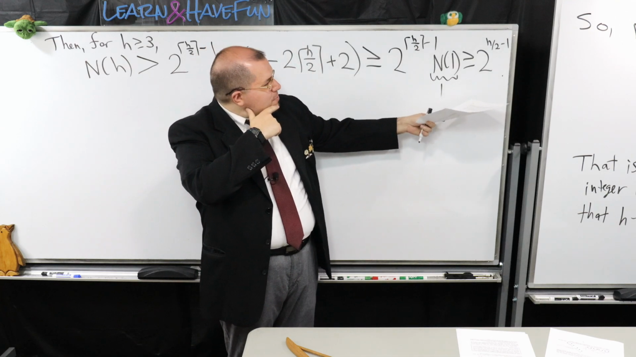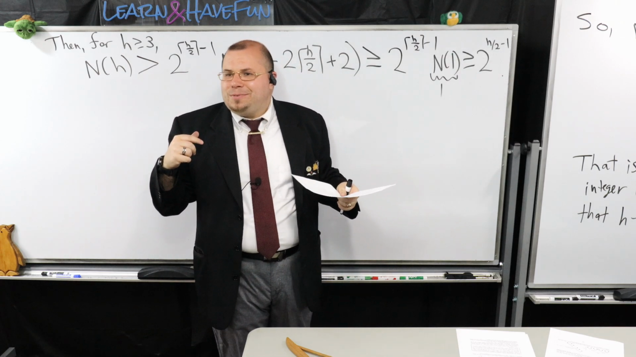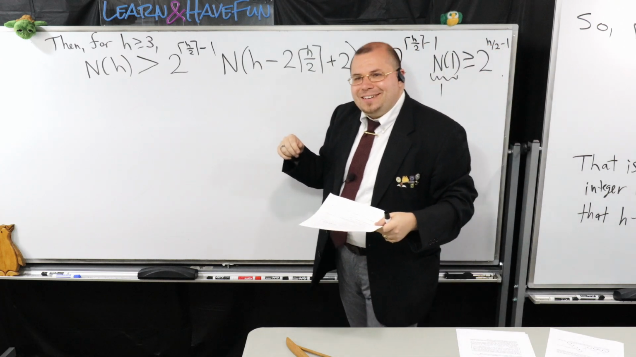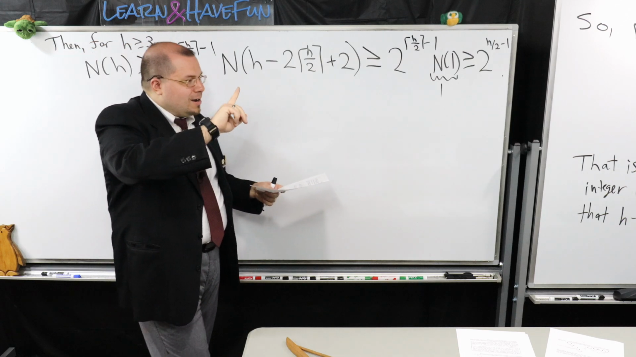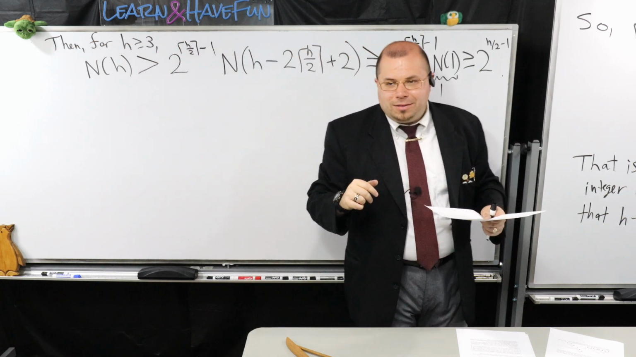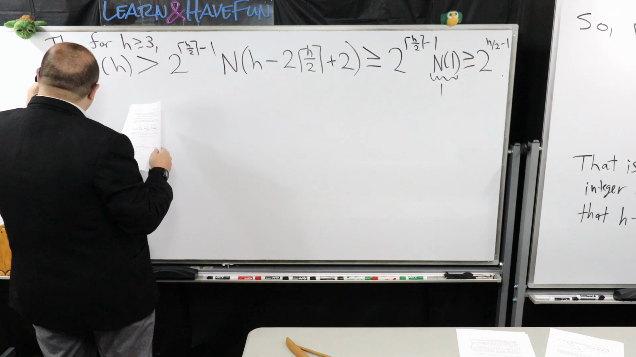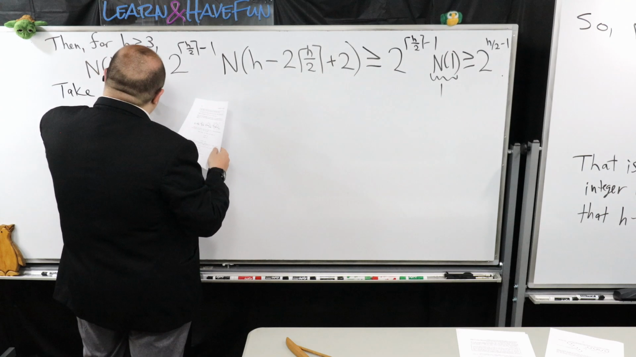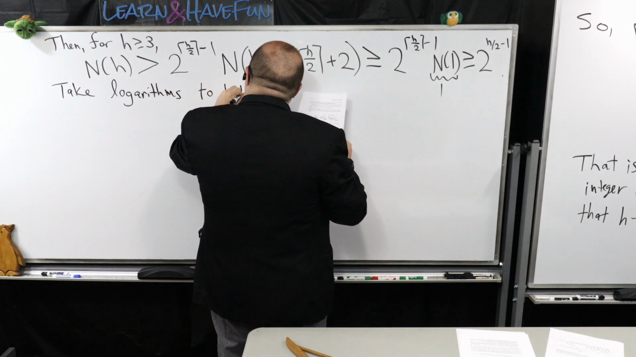So if I have an exponent like this and I want to get h, any suggestions? We've done something kind of like this before. Yeah. Somebody is suggesting that we take logarithms to both sides of the inequality. So let's try that out. We'll see what we get. So take logarithms to both sides